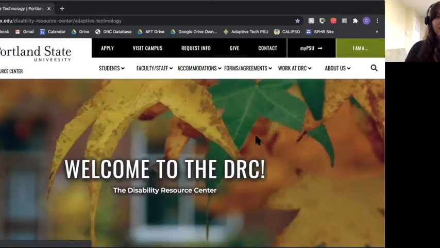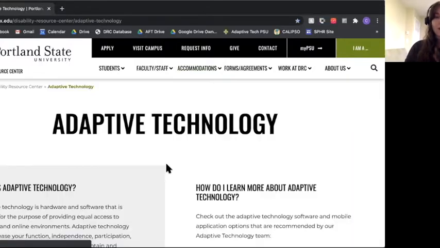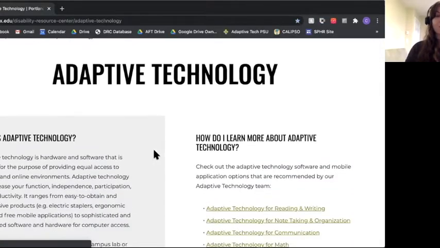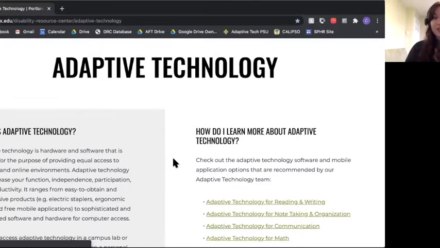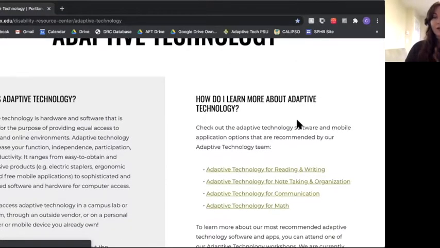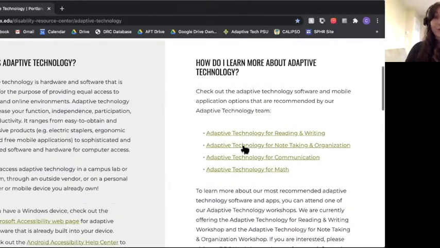I'll select that, and once this loads, on the left, it briefly describes what adaptive technology is, and on the right column, here are different categories of adaptive technology. There's adaptive technology for note-taking and organization, which we have another workshop for. There's adaptive technology for communication and math.